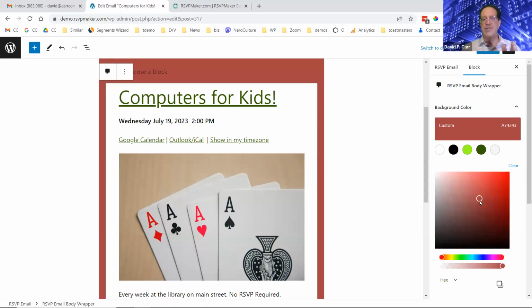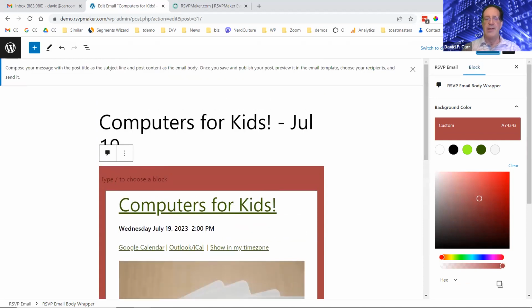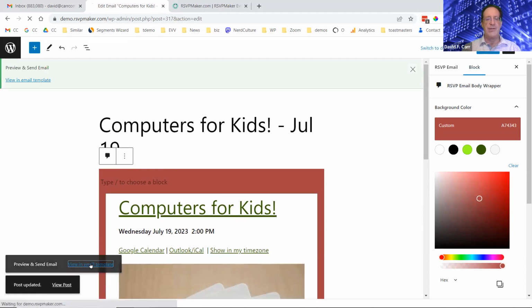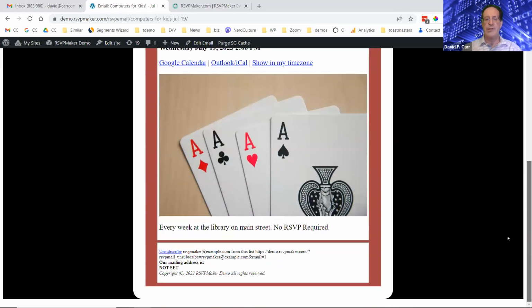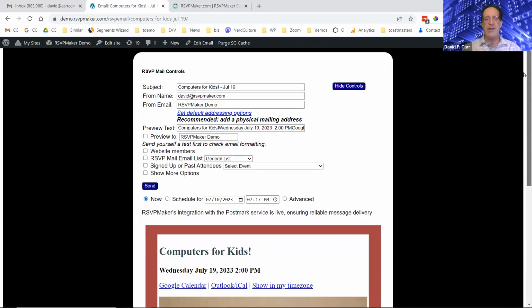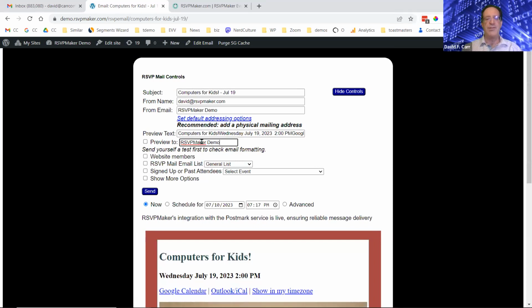Or I can set up a template, just like we have meeting templates, we have templates for email. I could set up a template that is certain colors, has the logo up top, whatever, so that that's the standard template that gets wrapped around whatever my message is. So if I update this as of right now, this is what it would look like as a preview of the email.